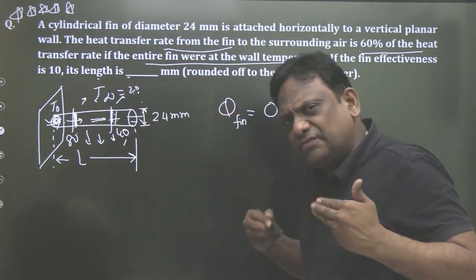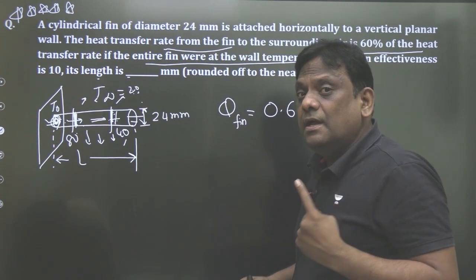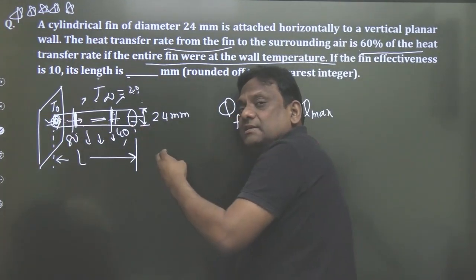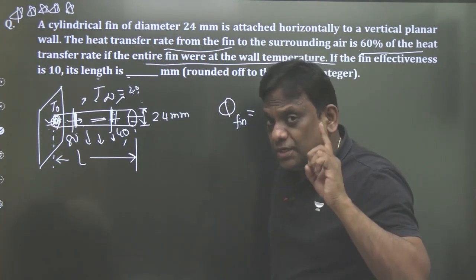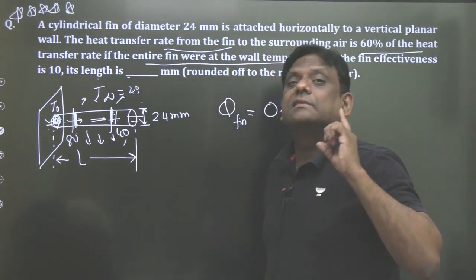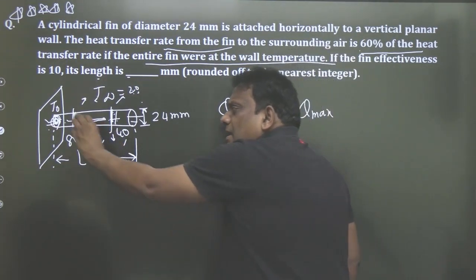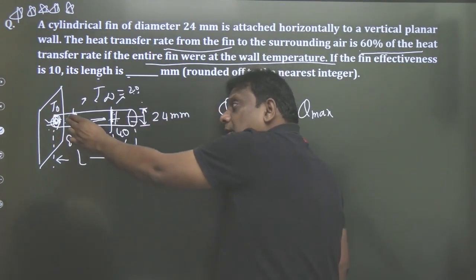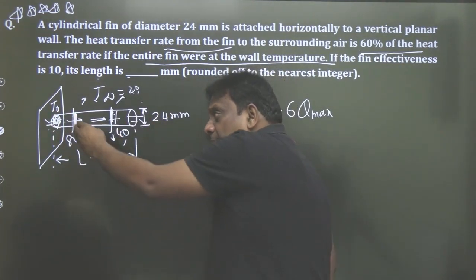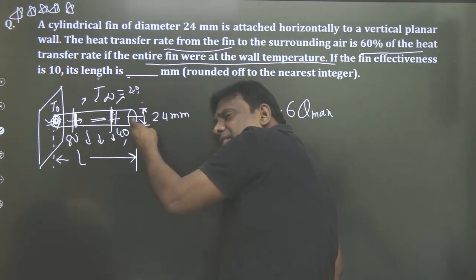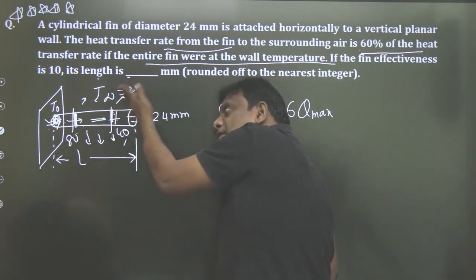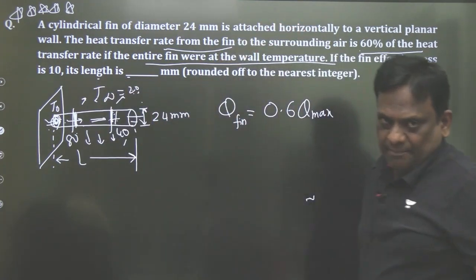So maximum heat transfer will occur when the entire fin is at the same temperature, the base temperature. That's why generally we use fins with higher thermal conductivity, because if the thermal conductivity of the fin is large, the thermal resistance will be less, and thereby the drop in temperature along the length will be less. When the drop is less along the length, the available difference will be large, thereby the heat transfer will be maximum.